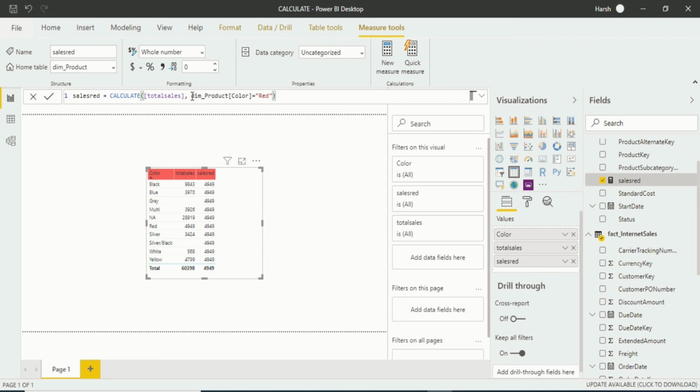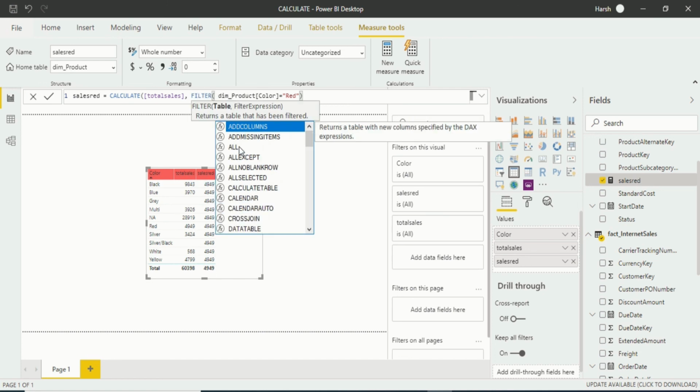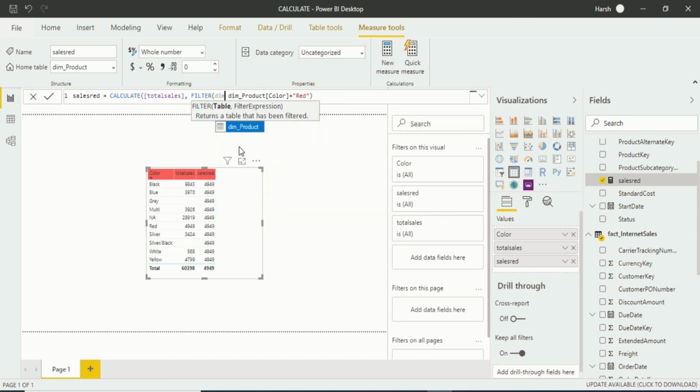In that case, you just have to go in here. After that, comma, space, and you have to just filter for the dim product. And after that, you just have to go in here and close the formula. Now you see, I have made changes in our formula. I just entered the filter as a dimension product. Now the product will be looked at only for the red color, and just press enter.